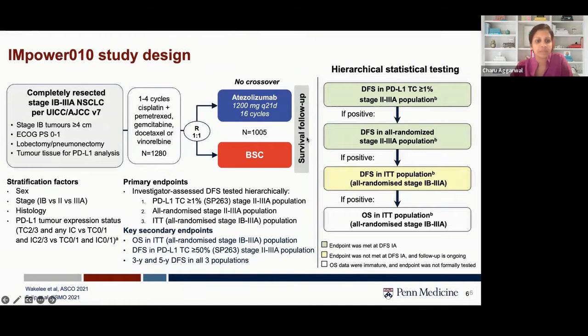This data comes from the Empower 010 study, the schema of which is demonstrated here. Completely resected stage 1B to 3A non-small cell lung cancer patients went on to receive chemotherapy after surgical resection. And as you can see, they were randomized in a 1:1 fashion after chemotherapy to atezolizumab or best supportive care. Patients were in survival follow-up, but the primary endpoint was disease-free survival, which was tested in a hierarchical